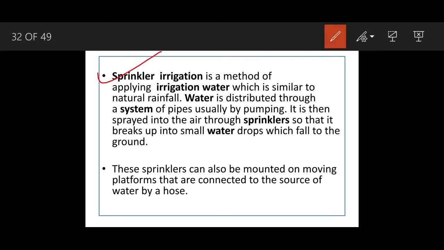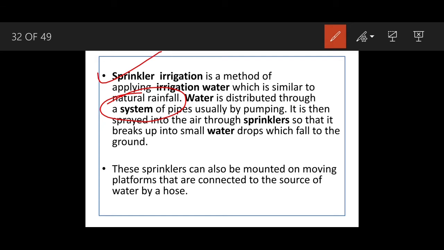First one, sprinkler irrigation is a method of applying irrigation water which is similar to natural rainfall. So can you see, if we just saw the picture, it was like a rainfall only. It was a sprinkling of water, and water is distributed through a system of pipes, usually by pumping. It is then sprayed into the air through sprinklers so that it breaks up into small water drops which fall